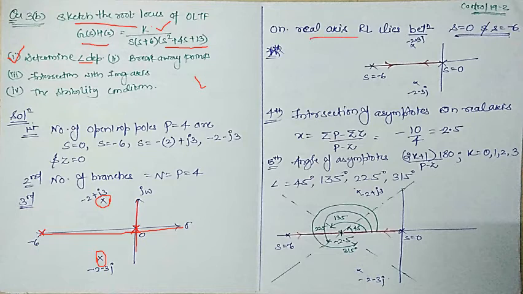So for existence of root locus, there is a thumb rule that you need to check with respect to some point and see on the other side, that is the right side, and count the number of roots in the right hand side. If the count is even, then no root locus in RL, I am writing. If it is odd, then there exists a root locus.